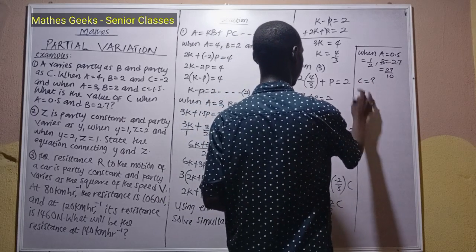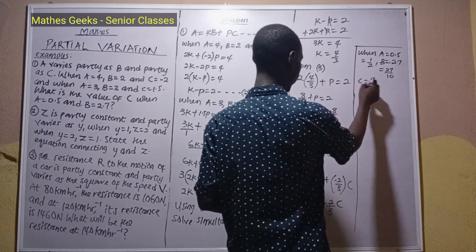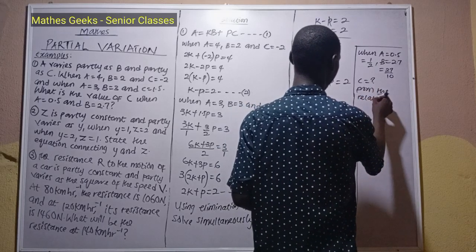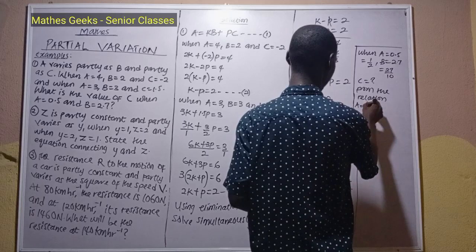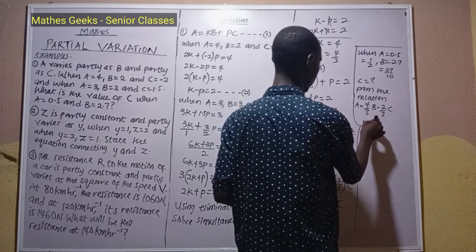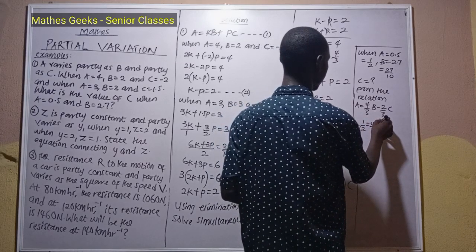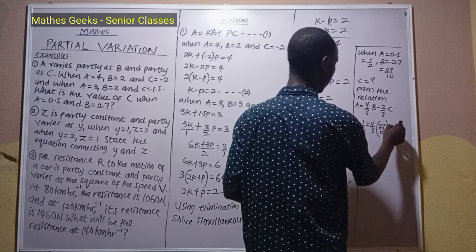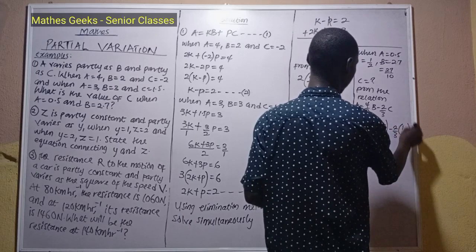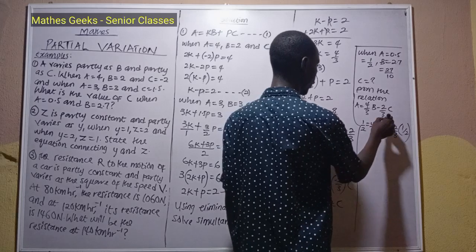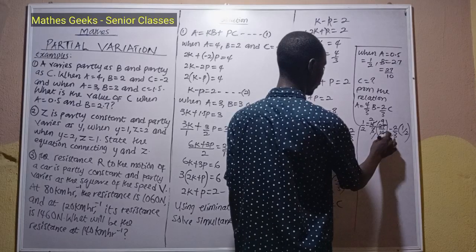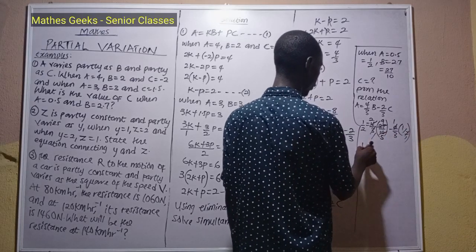So let me write, from the relation, A is equal to 4 over 3 b minus 2 over 3 c. A is 1 over 2, equal to 4 over 3 times B, which is 27 over 10, minus 2 over 3 times C. Multiplying, 4 times 9 over 5, so 1 over 2 is equal to